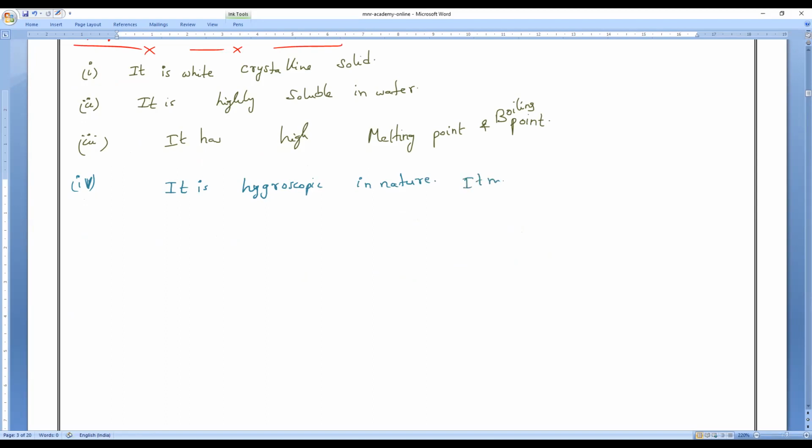Write it. It means that it can absorb. Actually, it is an 8th class topic, but you can write it. It will absorb